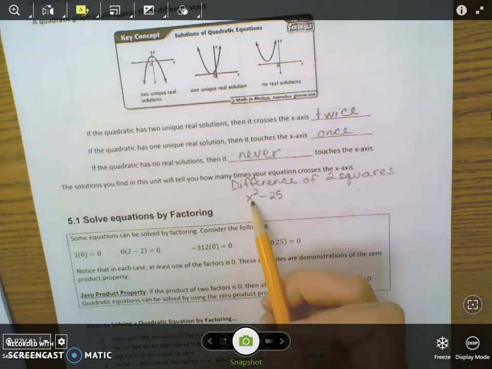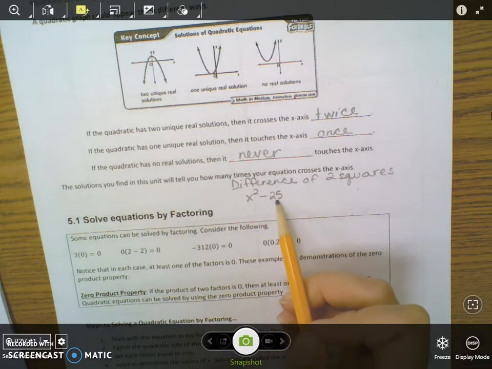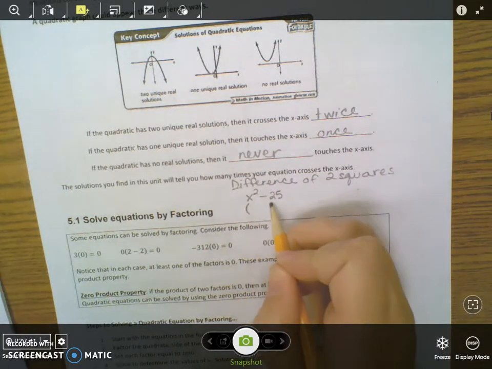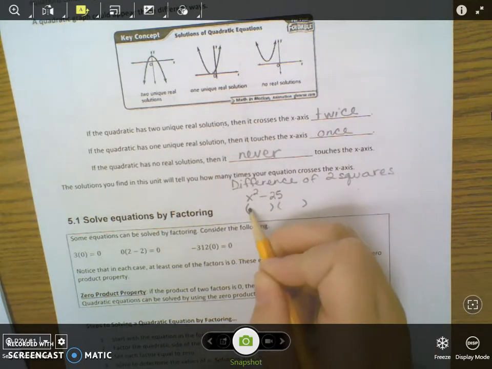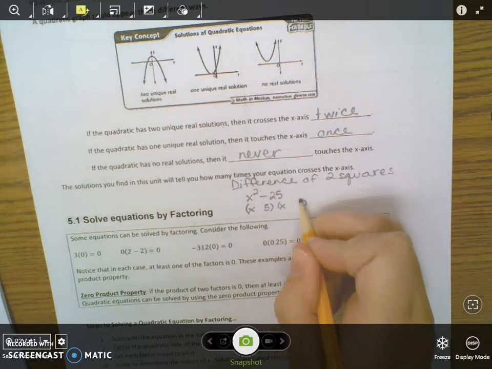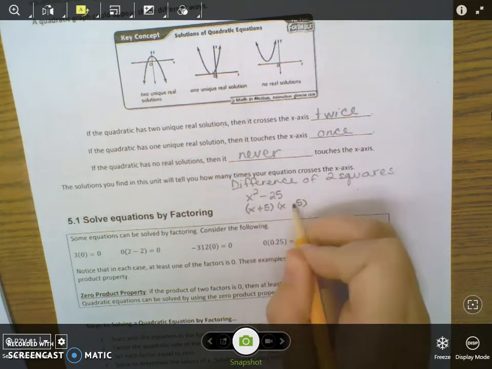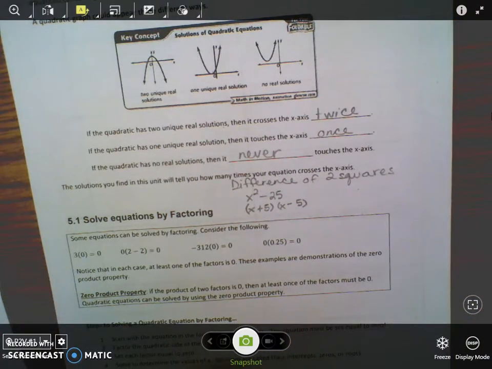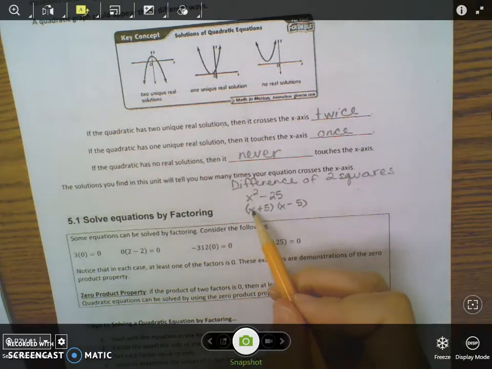So the first term is a square and the second term is a square, and we're subtracting them, we can factor it to look like this. It's just the square root of the first one and the square root of the second one, and then one of them is a plus and one of them is a minus. And I'll show you why that is if we